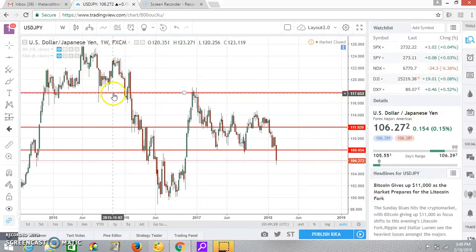And also I marked off the key levels of support and resistance. So it's important that you mark those off and that you know them, because they do have a role to play in market structure. Okay,